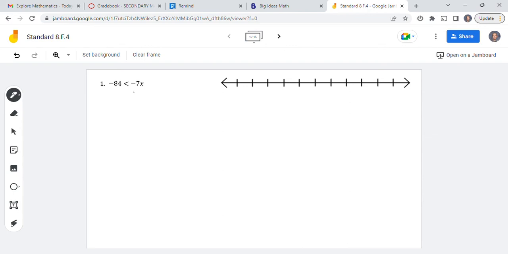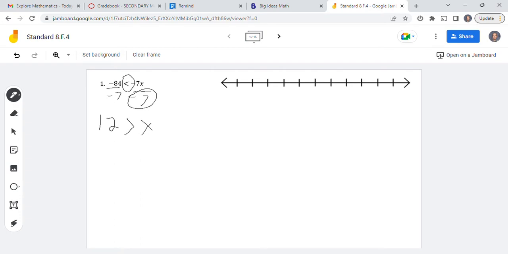For this first set of questions, we need to solve and graph the inequalities. For this particular one, all we have to do is divide by -7 to solve for x. We do need to remember that anytime we divide by a negative number, we have to switch the direction of the sign, so that less than symbol becomes a greater than symbol when we do that step. -84 divided by -7 is